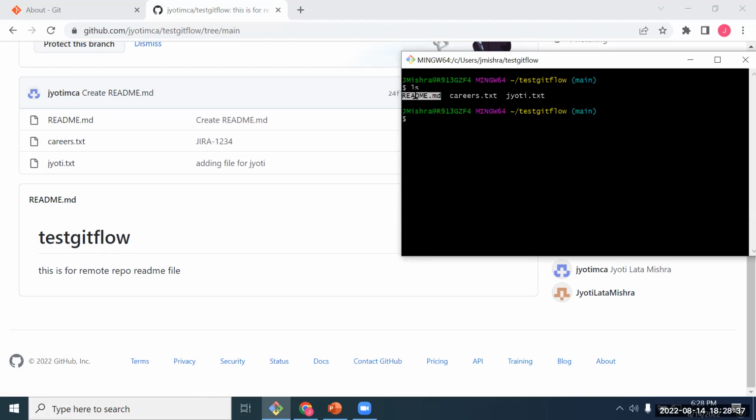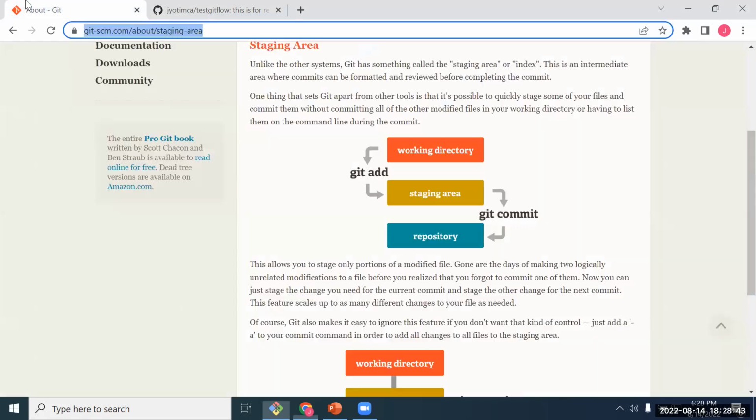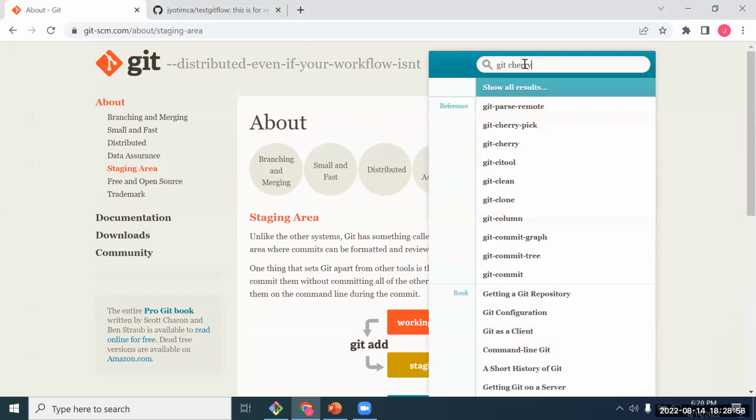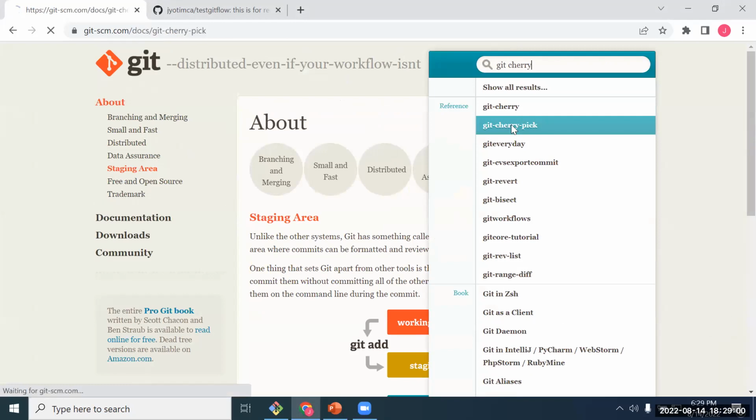What do you see? Okay, I hope now the concept is clear, right? Again, this is very basic. Refer to this document here, which I was sharing with you all. Here you'll find everything, right? You can just search for commands. Say, if I say git cherry pick, okay,